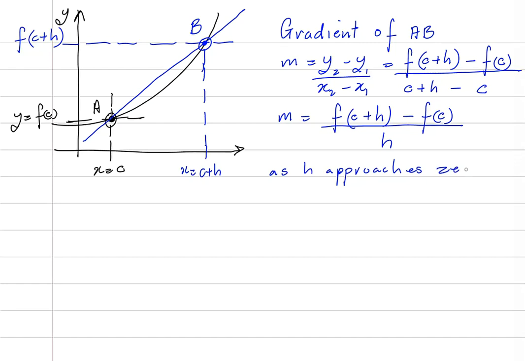As h approaches 0, the distance here is actually h. h is the horizontal shift. So as one can imagine, as h gets smaller and smaller, the point B is going to come closer and closer to A. If h gets so small that the points A and B become indistinguishable, meaning that A and B are so close it's hard to determine which point is which, at that point the gradient